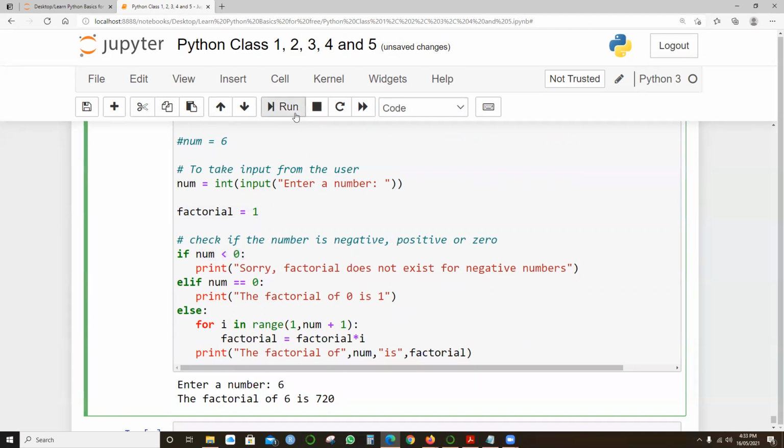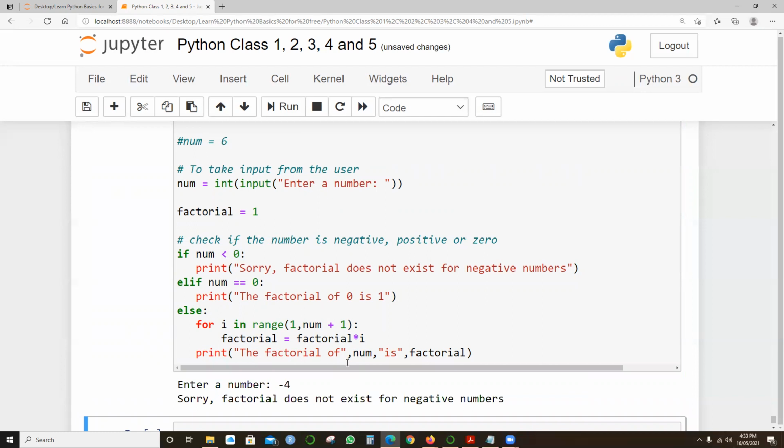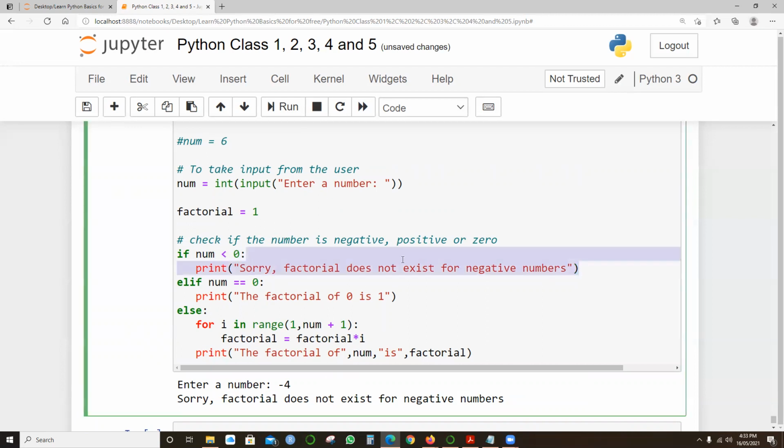That means just in case if I run this and say minus 4, see, sorry, the factorial does not exist for negative numbers. So it is picking up this branch. The num value which I have entered is less than 0. That means it says sorry. Else, if num equals 0, then